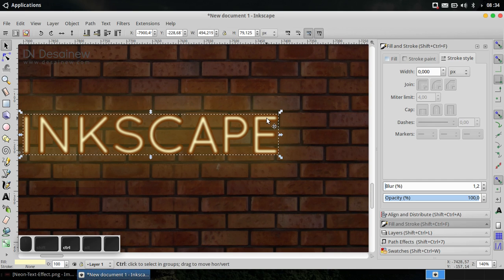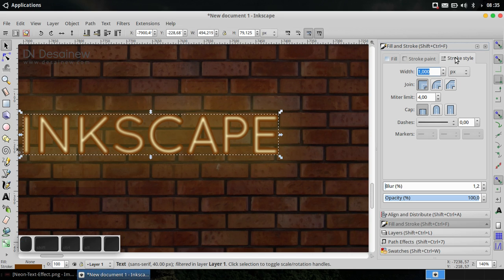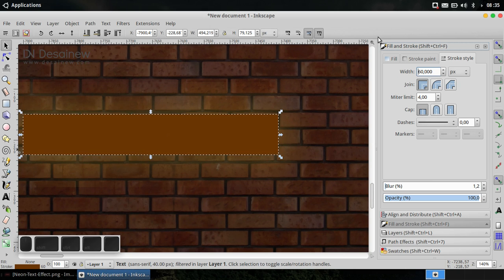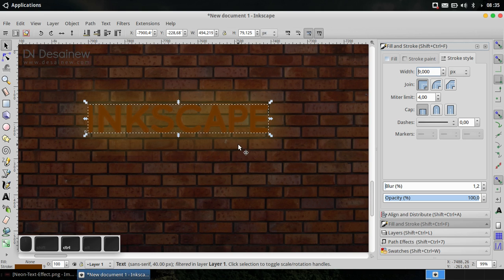Duplicate this object. Enable stroke paint and no fill. For stroke style, I mean 9 pixels.